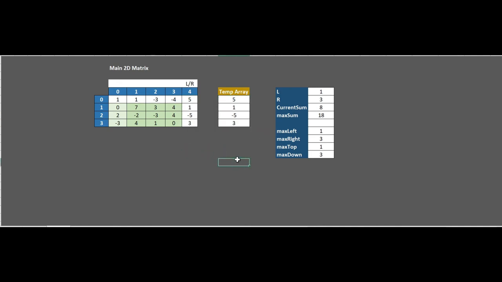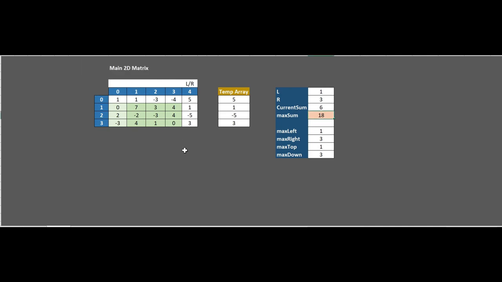Okay, and what will be the maximum in this case? If we check from here, 0 to 1, 6 will be our maximum here. If we place 6 here, it is less than 18, that means there is no change required in this case. Okay, and we reach the last level. Left and right is now the last column. So now our iteration is completed, and the result we got is maximum value as 18.